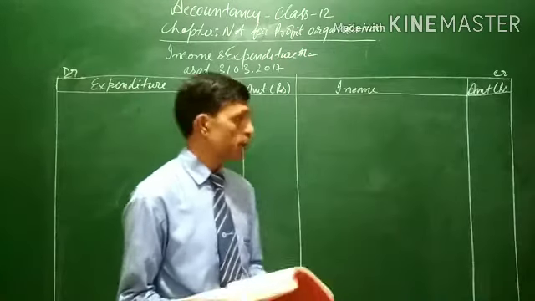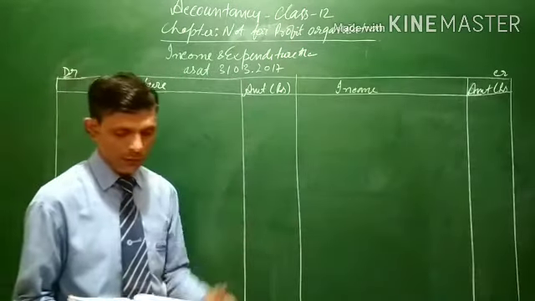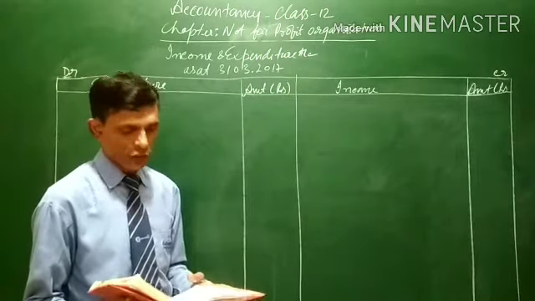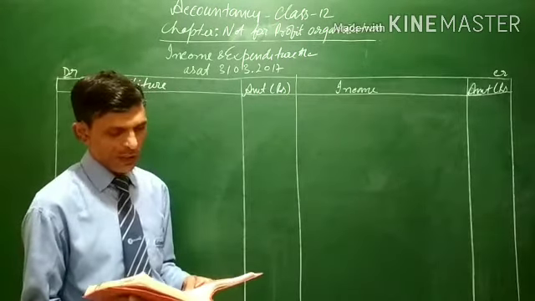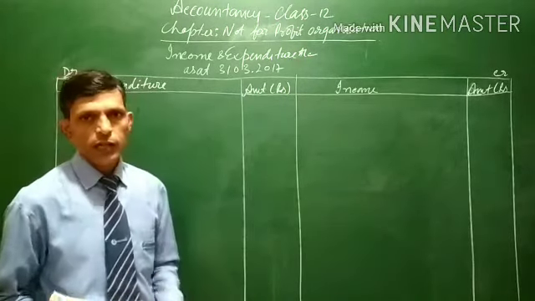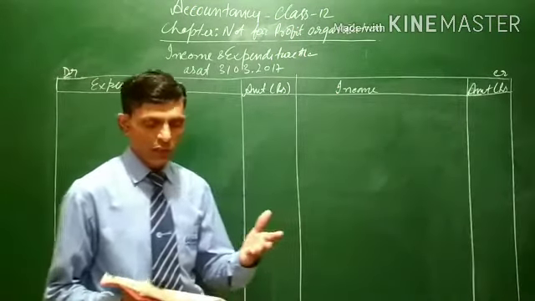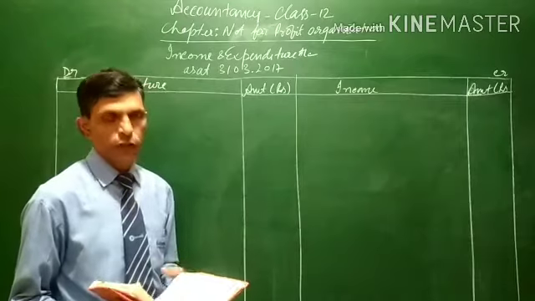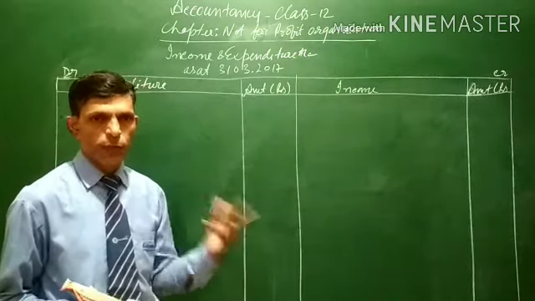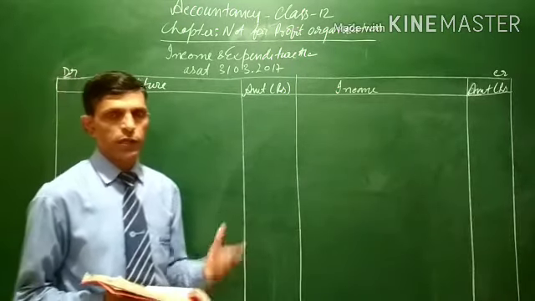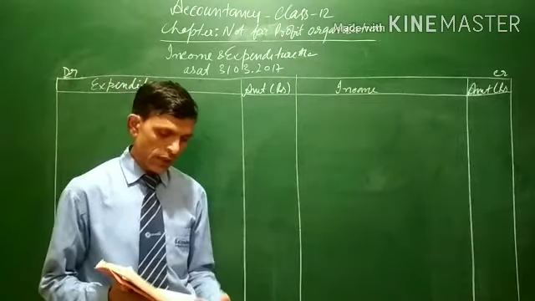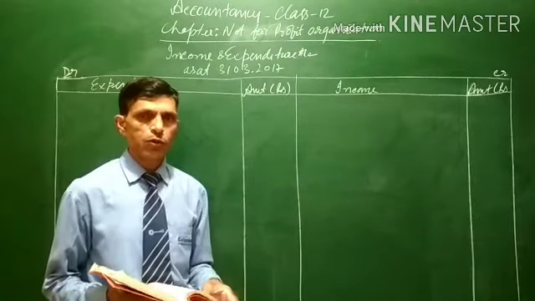First of all, we will prepare the income and expenditure account. Thereafter we will prepare the balance sheet also. So first of all, the income and expenditure account, starting with the expenditure side. For the expenditure, we have to go to the payment side of the receipt and payment account, because whatever payments have been made by the NPO